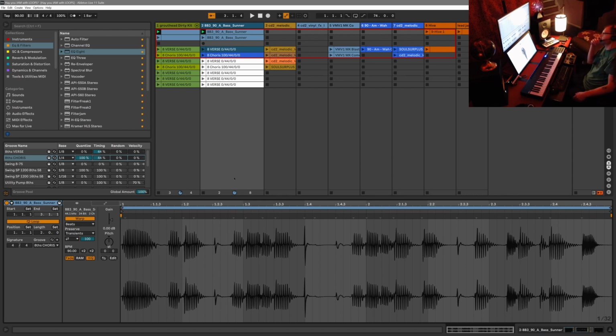The fact that you can add the shuffle and swing to audio clips is priceless to me. And I don't know how long it's going to take Bitwig Studio to get on board with this, because